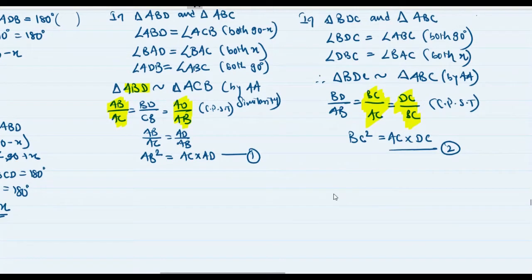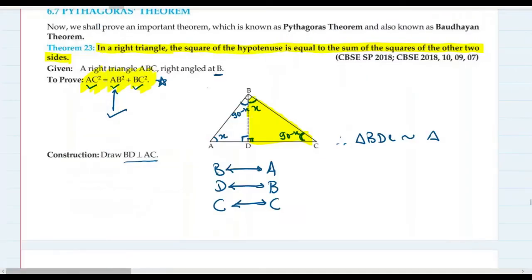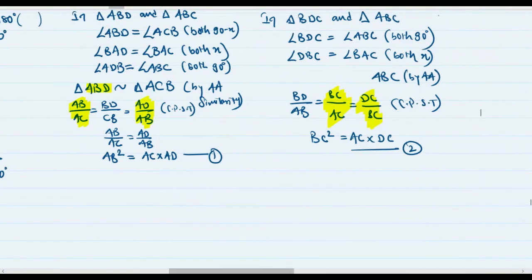So we have equation number 1 and 2 in front of you. What are we going to do with equation 1 and 2? Let me show you. Equation 1 is in terms of AB square, the value of AB square, and equation 2 is in terms of BC square. What do we have to prove? We have to prove AB square plus BC square is AC square. So here simply we are going to